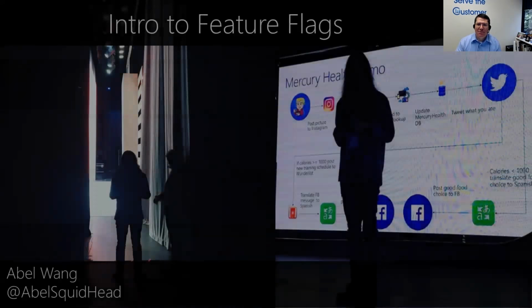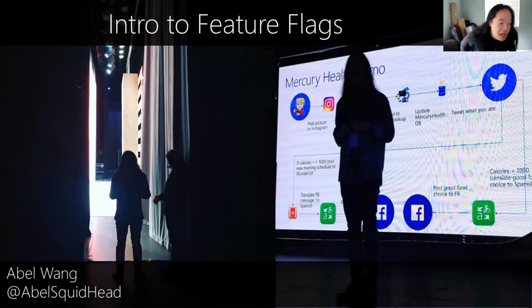Take it away, Abel. Thank you so much, Jeff. I am super excited today to talk about feature flags. I am very passionate about feature flags. I'm a firm believer that they are one of the things that absolutely help enable DevOps at speed. I'll even go so far as to say that I don't think you can really do DevOps at speed without feature flags. But then my boss, Donovan Brown, he kind of loses his mind because he's like, well, technically you can, but it's so much easier with feature flags.